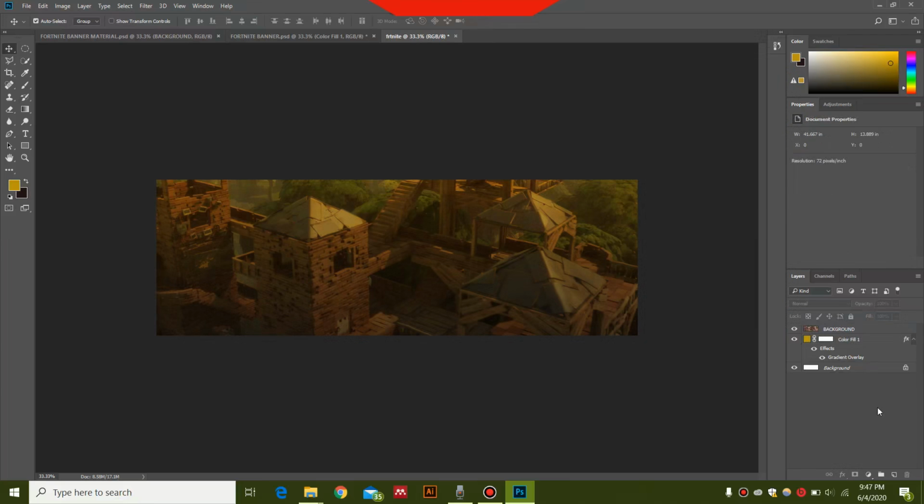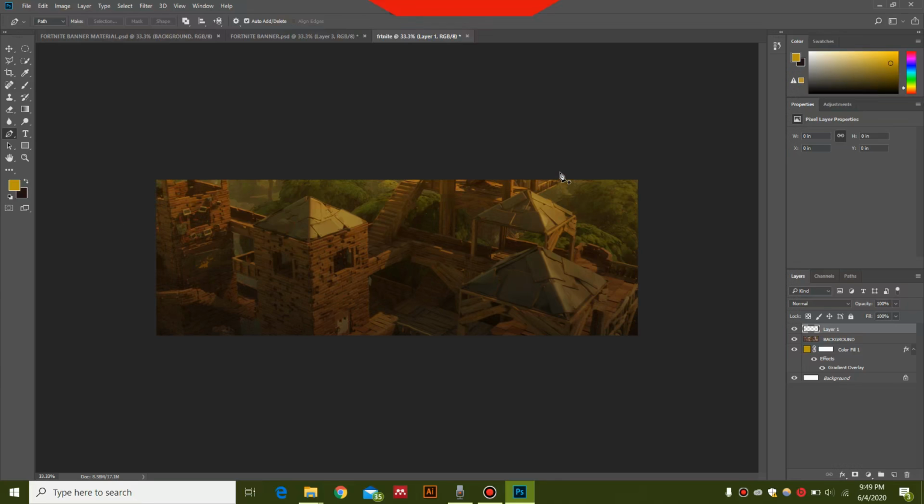Once we are happy with this, then we can move towards adding the design. Now in order to add the design, you just need to select a new layer and then click the pen tool. Make sure that this is the first pen tool, and then you can just make a diagonal design over here, just like this. By pressing down shift, you will get a straight line. It doesn't matter if it goes outside,